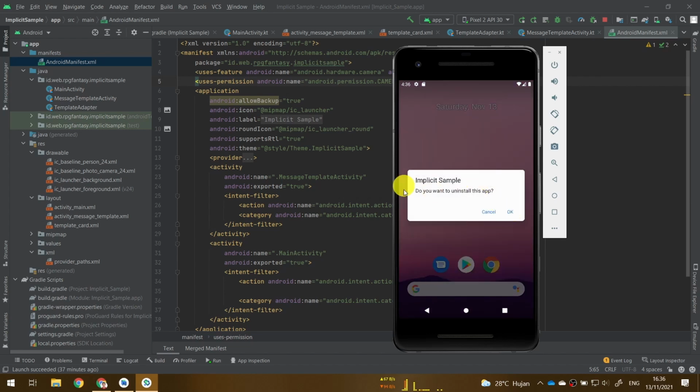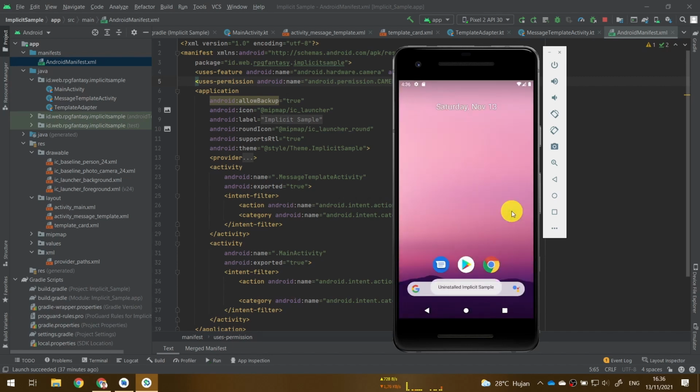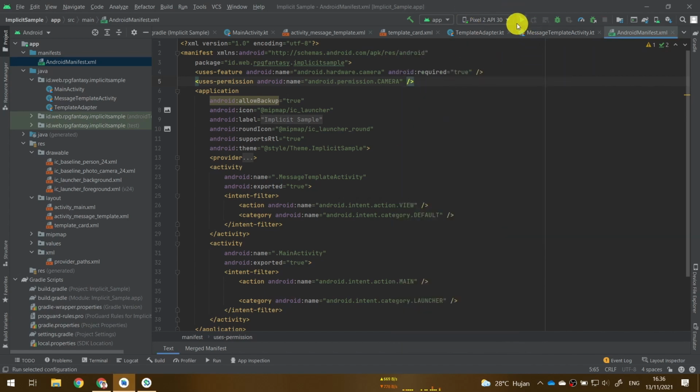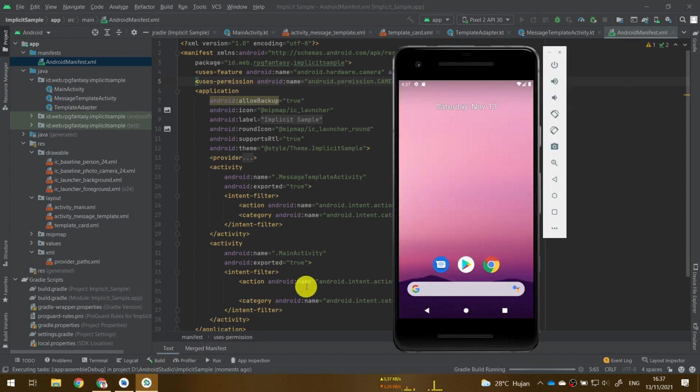Although sometimes we don't really need to uninstall it first, just in case, I will uninstall it. Then I will build my application and reinstall the latest application with the latest manifest. Let's wait until Gradle finishes building and installing the application into my emulator.